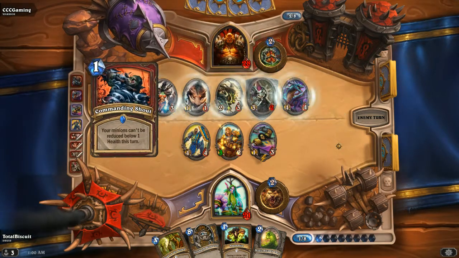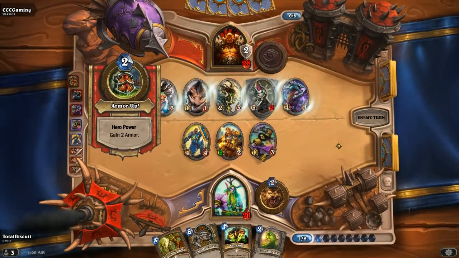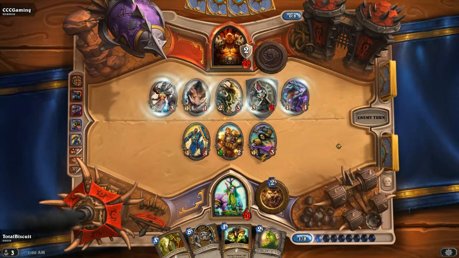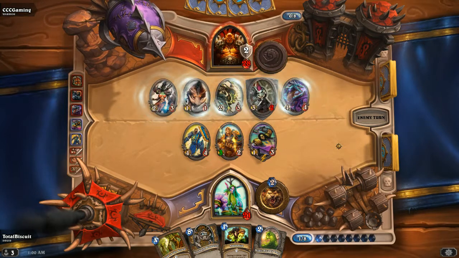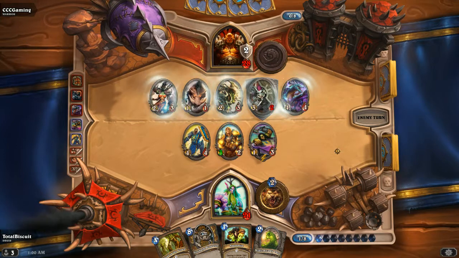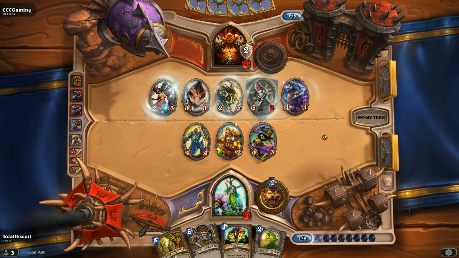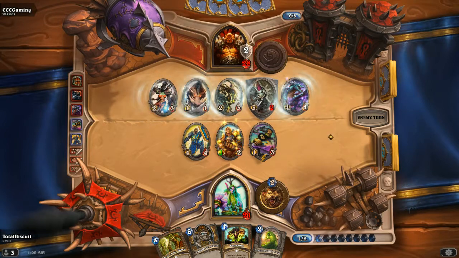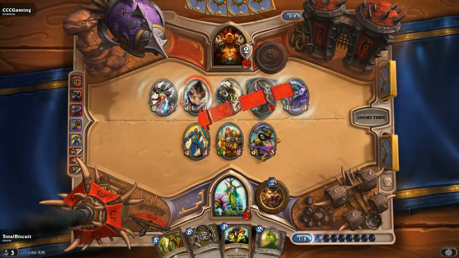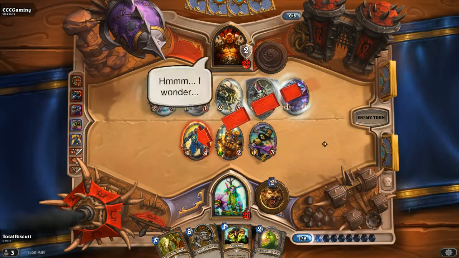Oh, that is awful. Oh, no. Commanding Shout. He kills everything I have. Oh. And I have no AoE. Damn it. Well, it was gonna work, except he had that 1 card which makes it not. Son of a...